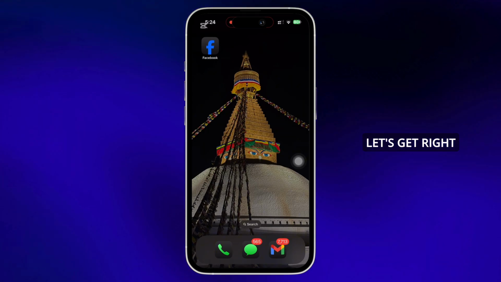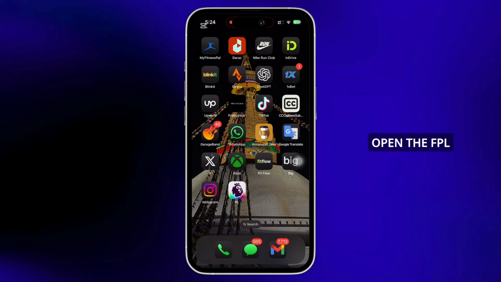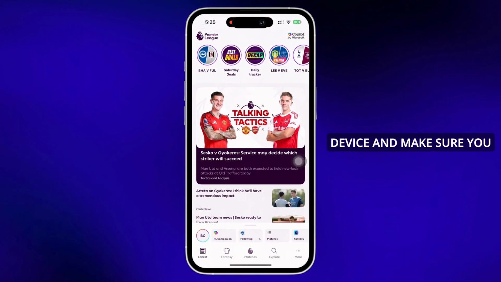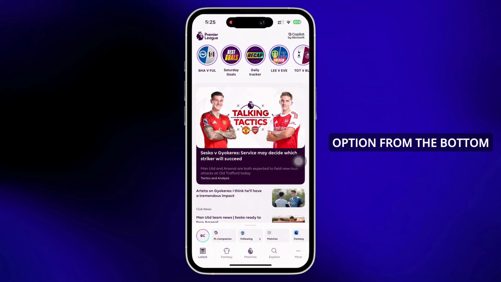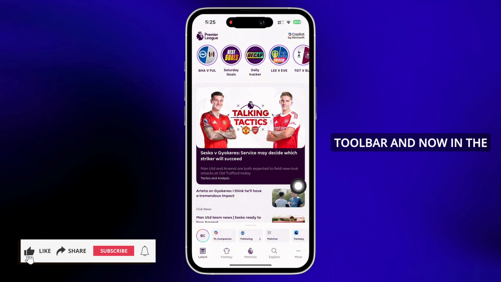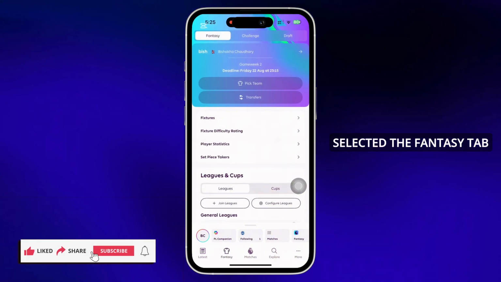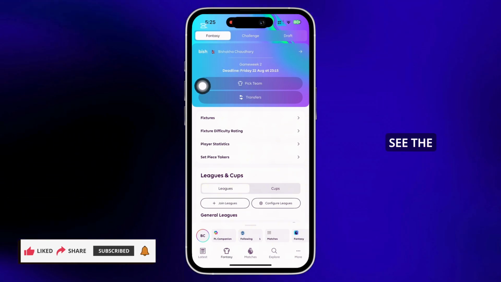Now let's get right into the tutorial. Firstly, go ahead and open the FPL application on your device and make sure you are signed in. Now, tap on the fantasy option from the bottom toolbar and now in the interface that you will be led to, make sure you have selected the Fantasy tab and further scroll down and you will see the Leagues and